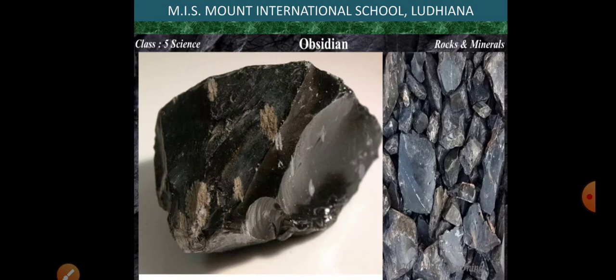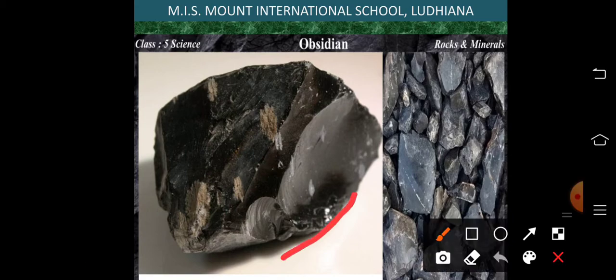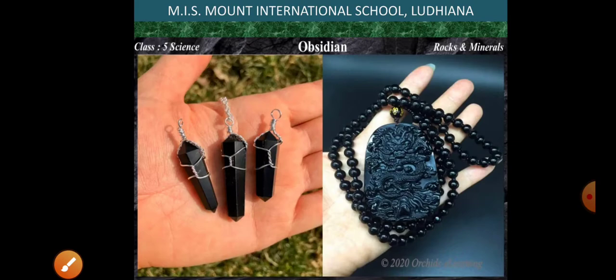Now, the next igneous rock is obsidian. Now, obsidian is a smooth and glassy rock material. You can see it is smooth and glassy. It is formed by quick cooling of lava. Okay, when lava, the magma which comes out, it just cools down rapidly. It forms obsidian. Okay, students, and it is used in making the jewelry, and it is mostly dark in color. Okay, it is gray or black. Only these are the colors which are available of obsidian. Okay, students, so these are the type of igneous rocks.